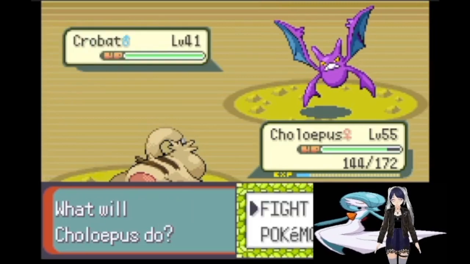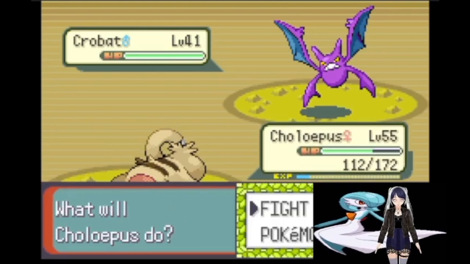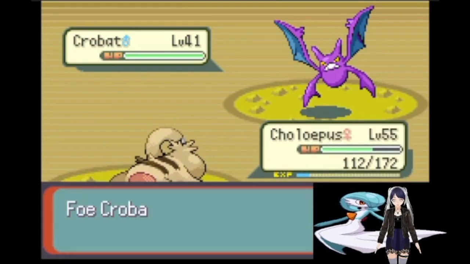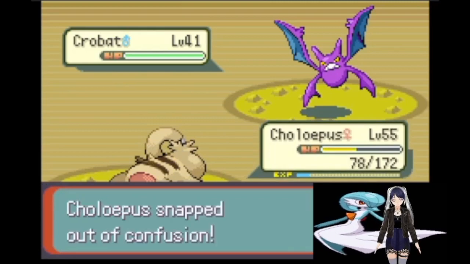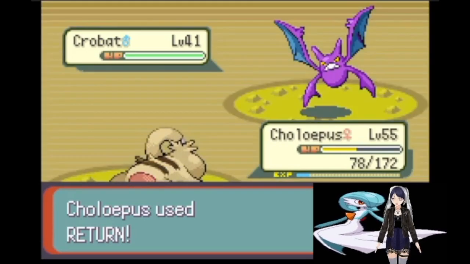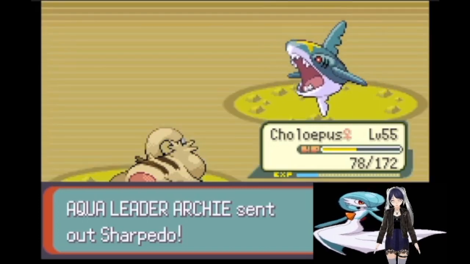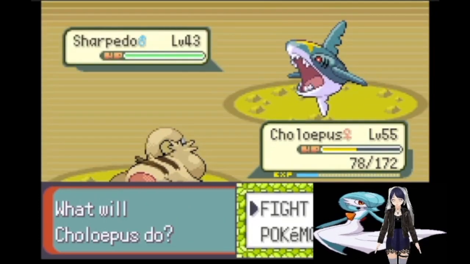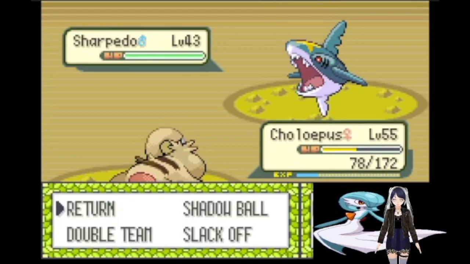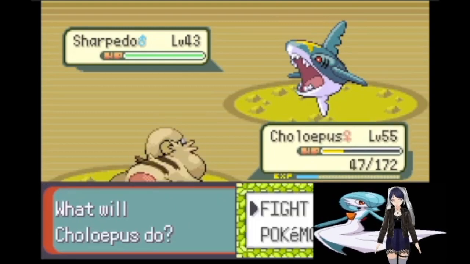So Crobat comes in next and hits us with Bite, which doesn't do very much, really. But the second one is going to take us to about half. But no matter, because Return is going to take out the Crobat entirely. And that really only leaves the Sharpedo. So Sharpedo comes in and uses Slash, and we're not too worried about that, honestly. It fails to get the crits, and